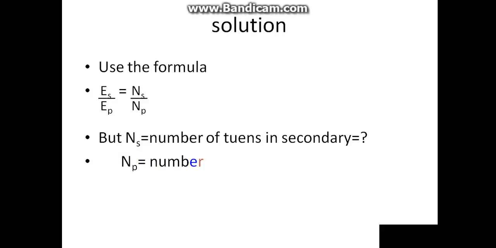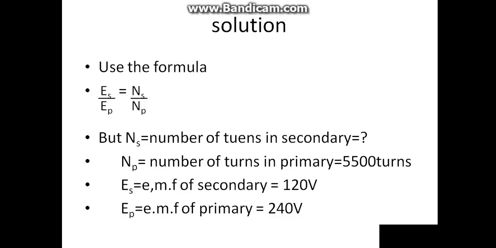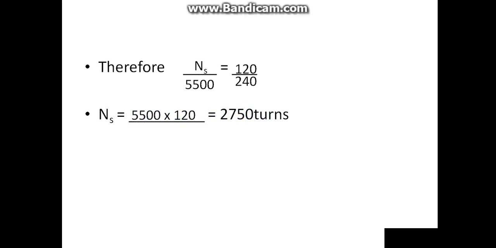NP is the number of turns in the primary, which is 5,500 turns. ES is the EMF of the secondary, which is 120 volts. EP is the EMF of the primary, which is 240 volts. Therefore, NS over 5,500 equals 120 over 240. Making NS the subject of the formula, we have